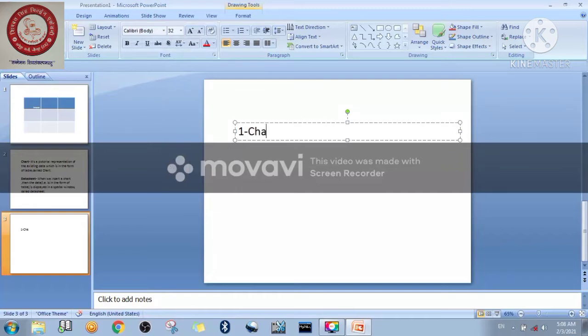Now, the first one is chart area. This is a component of chart. The first one is chart area. Second one, category axis.